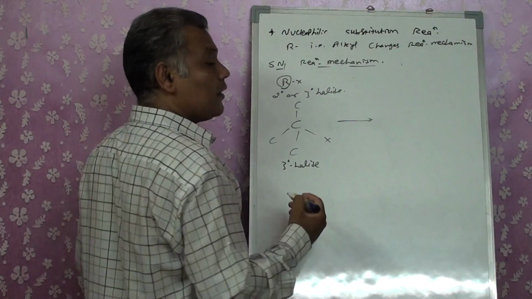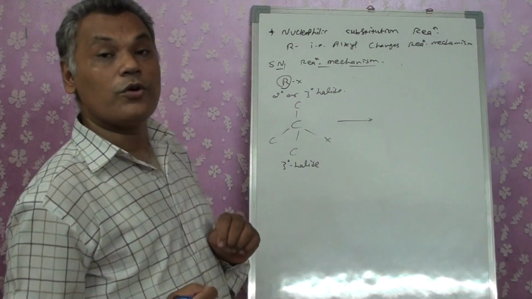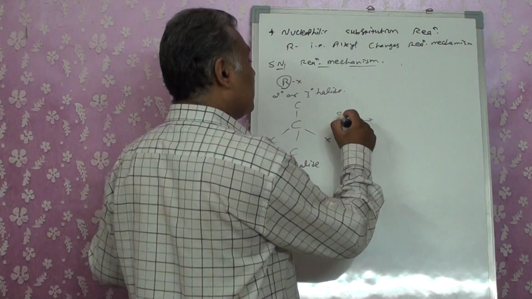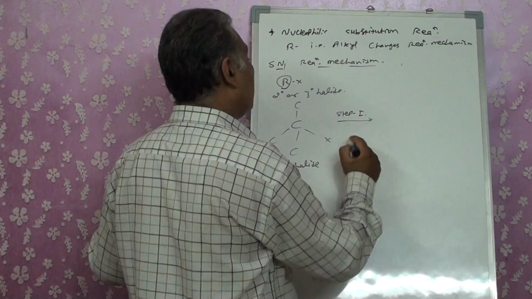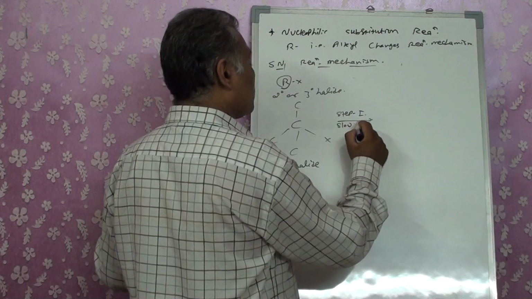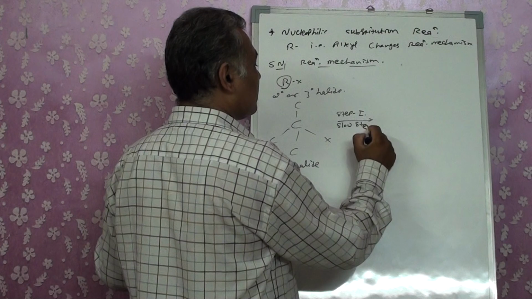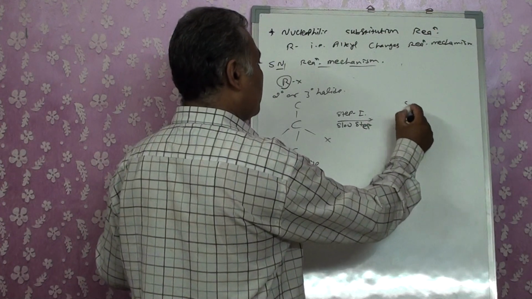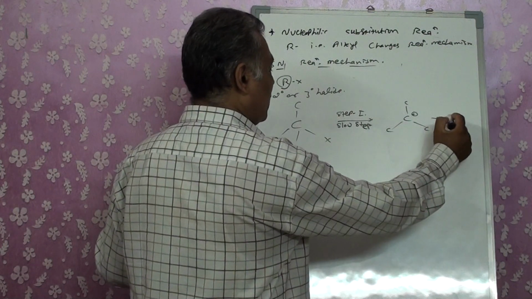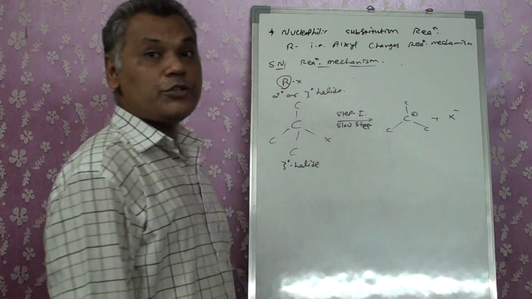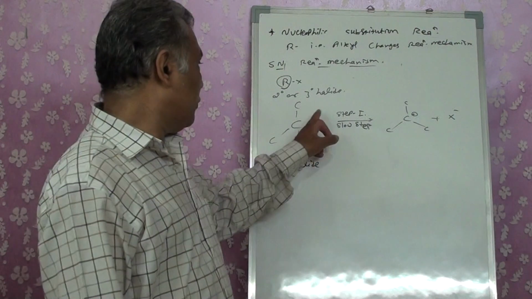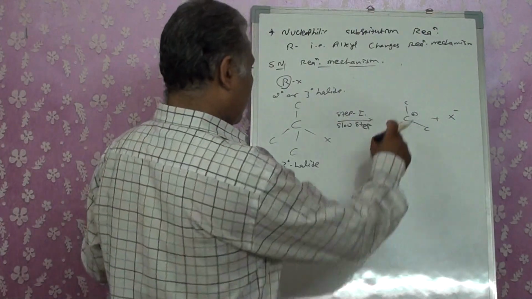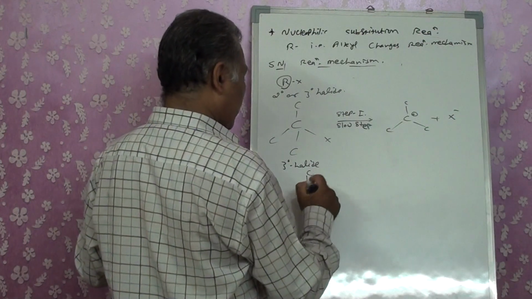This time it does not depend upon the nucleophile that is going to come. First of all, in step 1, it will be a slow step which will convert itself into a carbocation. It's not depending on which nucleophile is going to attack it. No effect of the nucleophile. Once it gets converted into a carbocation,